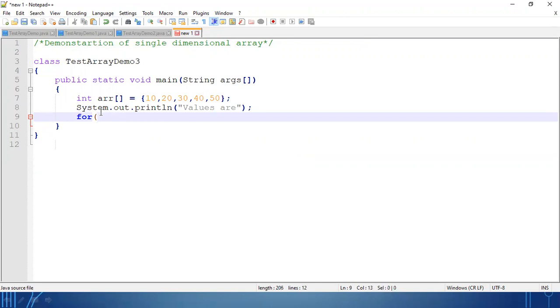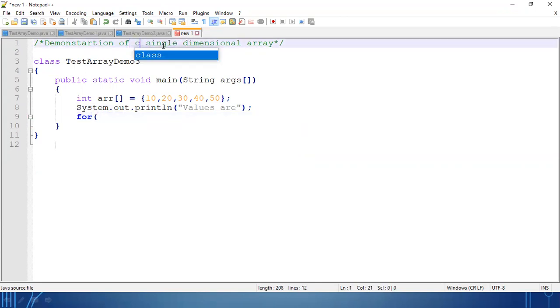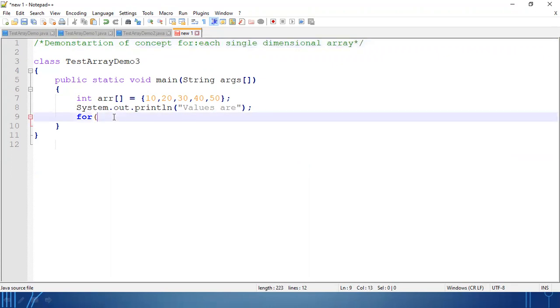So this is the concept of for each. Okay, so demonstration of concept for each. Okay, so each individual element will be printed here. How? Integer index colon the array name.